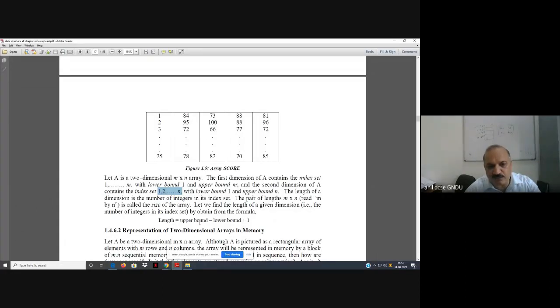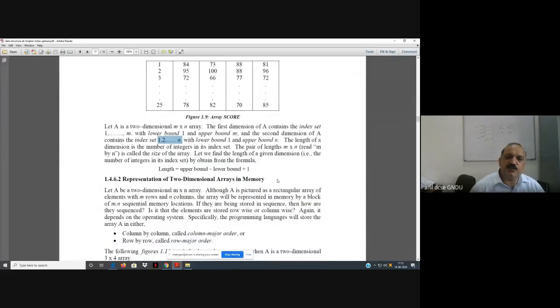The length of the array is upper bound minus lower bound, which is 25 minus 1 plus 1, total 25. So 25 rows are there. If you calculate from 1 to n, then we are calculating the number of columns, which is the breadth of the array.